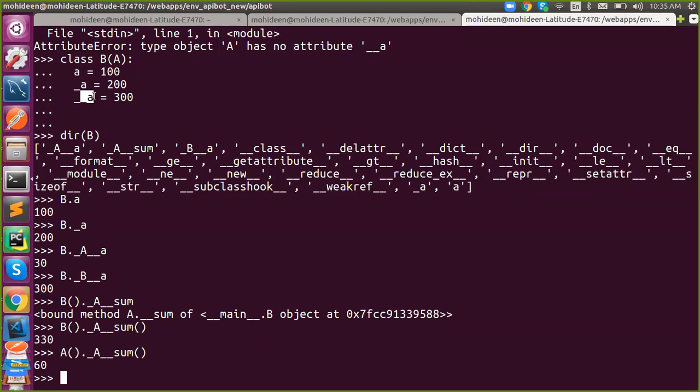Any more doubts? Still clear? So this is called access modifiers.